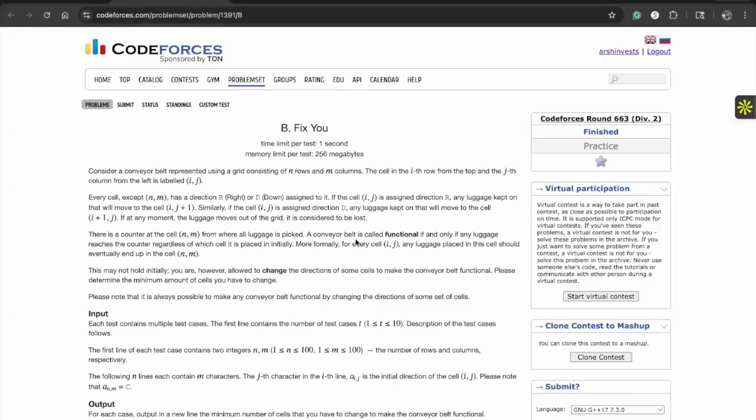Hello everyone, let's talk about this question. It's called Fix You. We're told that we have been given a conveyor belt grid with n rows